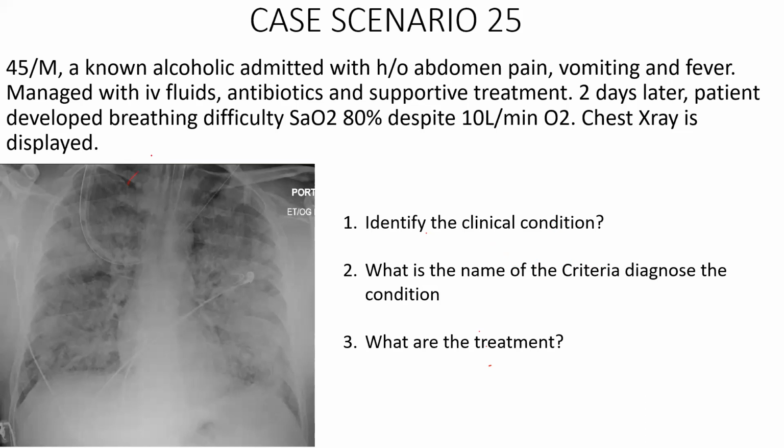So acute onset within 1 week, then the PaO2/FiO2 ratio. The most important thing removed from the Berlin criteria is the pulmonary artery occlusion pressure, which in the older criteria had to be less than 18, or the wedge pressure. This criterion is not included in the Berlin definition. Any clinical evidence that cannot be explained by heart failure comes under Berlin's definition. The pulmonary capillary wedge pressure criterion is removed in the Berlin definition. That's the only difference.